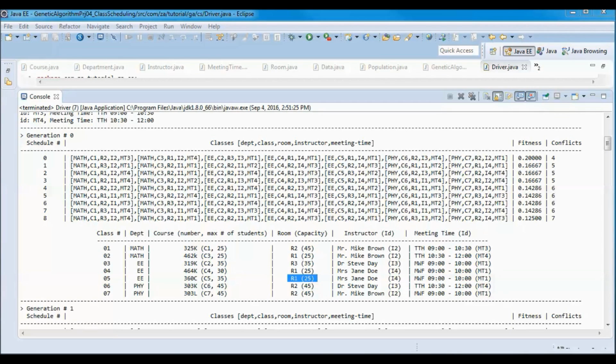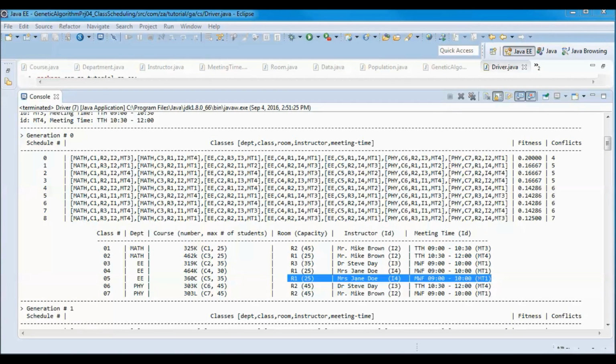And another form of conflict is when a room is hosting more than one class at the same time, and we have that case for this same, so room 1 is hosting those two classes, 360C and 464K,